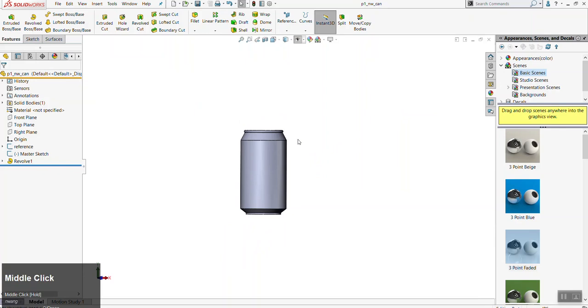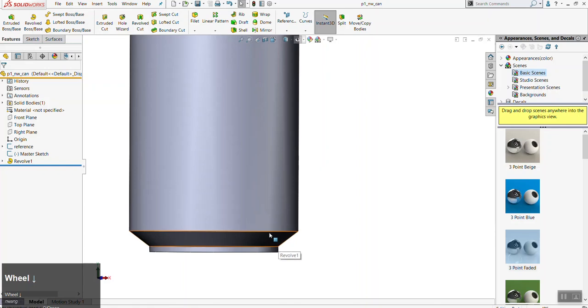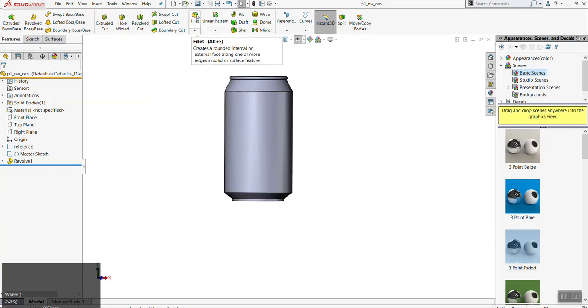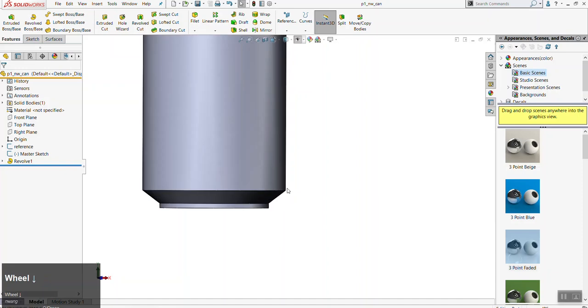Okay, I want to show you guys a couple more things. I'm sorry, I know it's been a long class. So you'll notice the can's kind of sharp. Here's a new tool. It's called Fillet. It's a feature. You can also do Alt F to bring it up with my hotkeys. But it looks like a box with a green edge here. If you click on that,